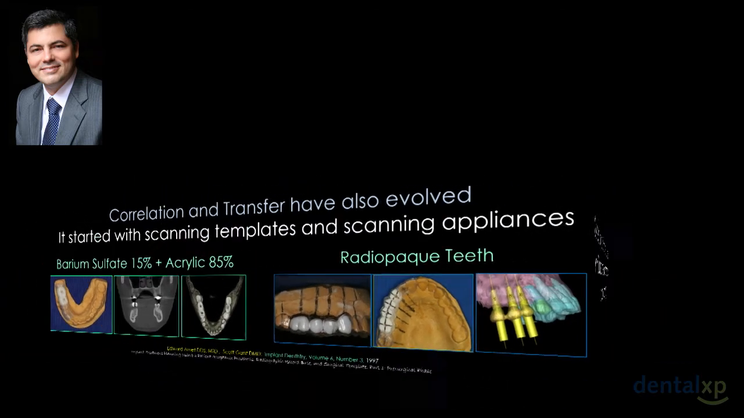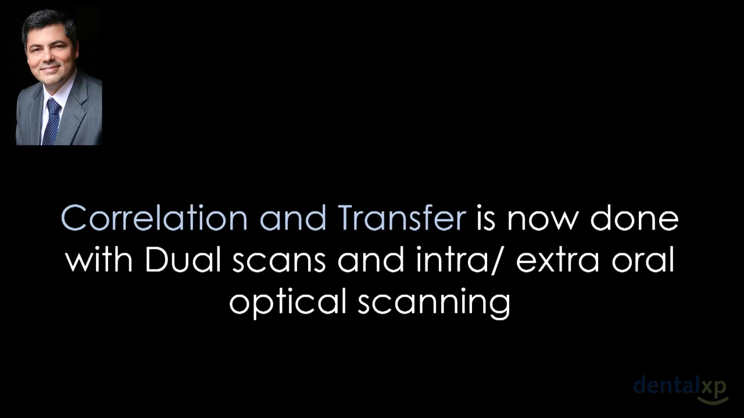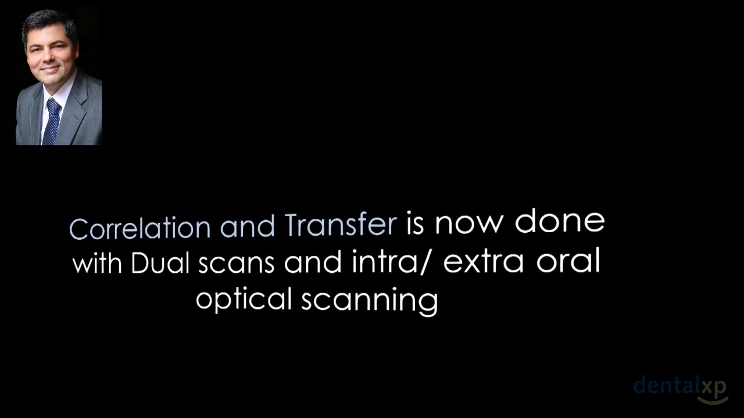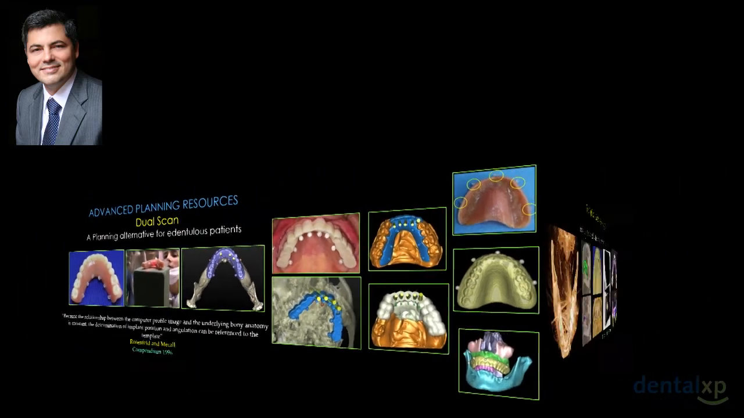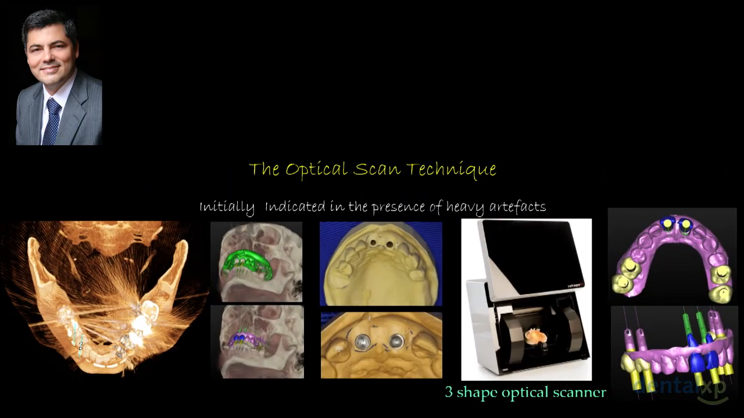We were trying to introduce some radio opacity in the work that we were doing. Now, this correlation and transfer is also done digitally, utilizing dual scans and intra and extraoral optical scanning. So basically, today in edentulous patients and in some partially edentulous patients, we're utilizing the dual scan module. And the dual scan module allows us to do some of the planning and some of the calculations before we